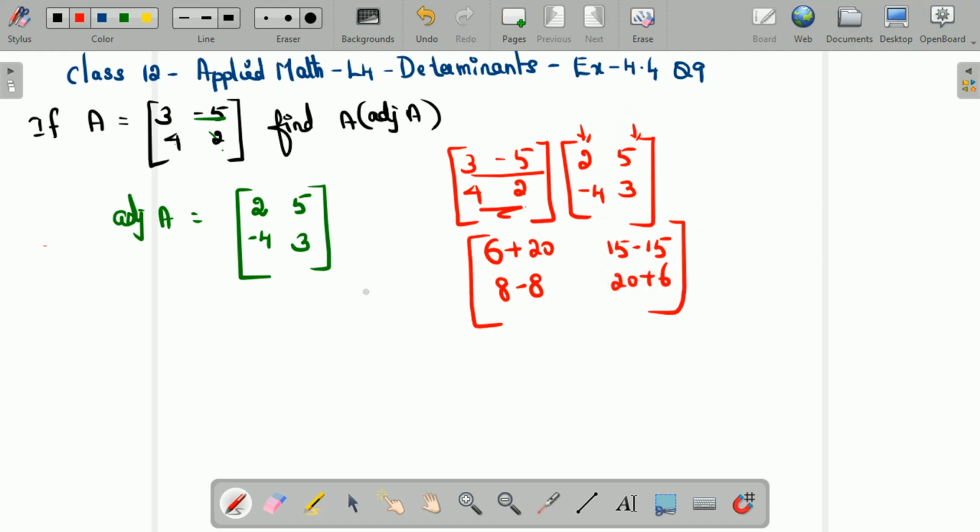Now let's simplify and write this. So this is going to be [26, 0; 0, 26]. So this is going to be the value of A into adjoint of A, or you can also write this